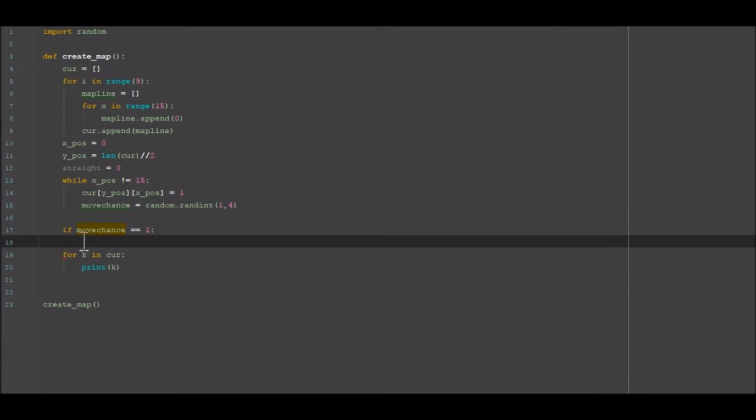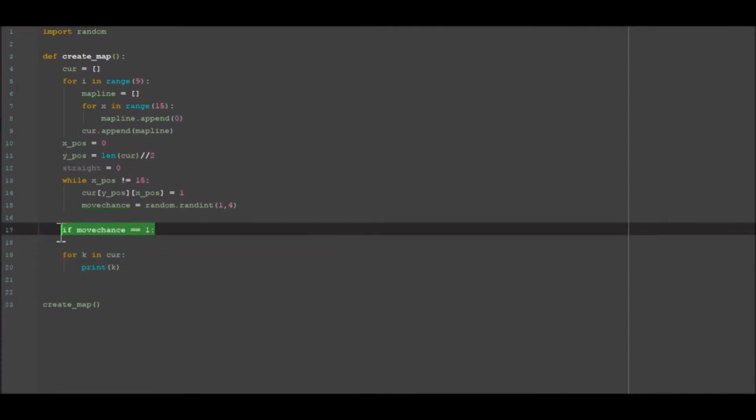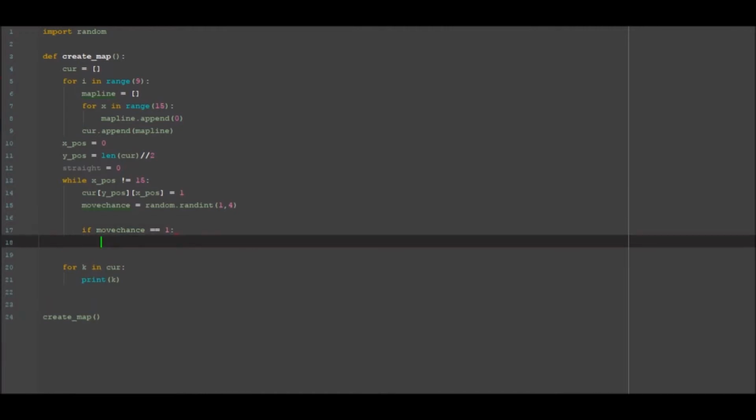I don't understand why those aren't referring to each other. Oh, it's because I haven't put that within the while loop. Okay, movement equals